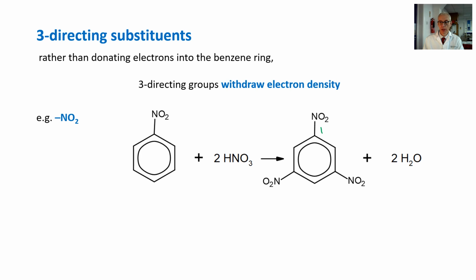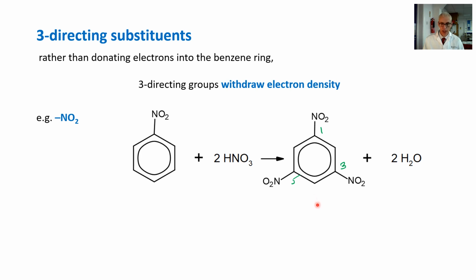position number 1, position number 3, position number 5. Now you'll notice that 3 and 5 have equivalence in position to position number 1. So this could be 3, this could be 5. So when we say 3 directing, it also means that we will substitute at 3, but also at 5, because the 5 position is equivalent to 3 in relation to the initial substituent, NO2. So that molecule would be 1,3,5